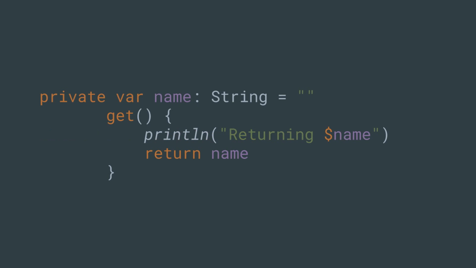Properties don't need to just be backed by fields. You can override either the get or the set method. Just like variables, you can have properties that are read-only, that can only be defined in the constructor, and properties that are both read and write. On the read-only, of course, you can only extend the get method. On the other ones, you can extend both get and set. In this case, I'm just extending the get method to print that, hey, I'm doing something.